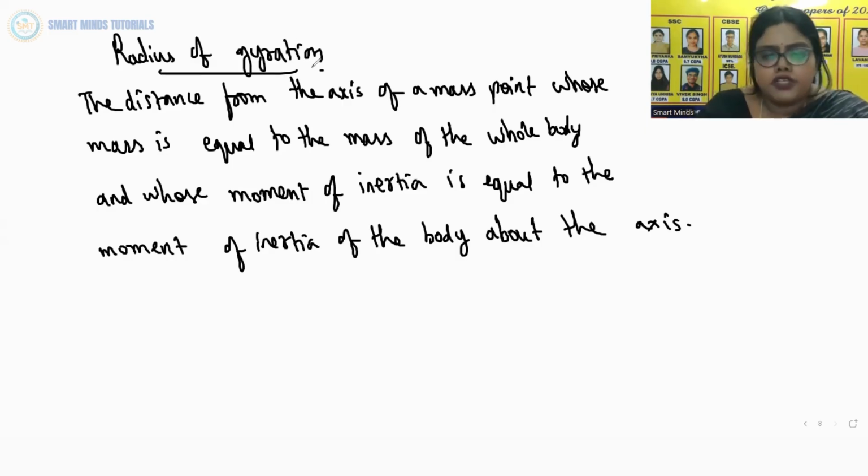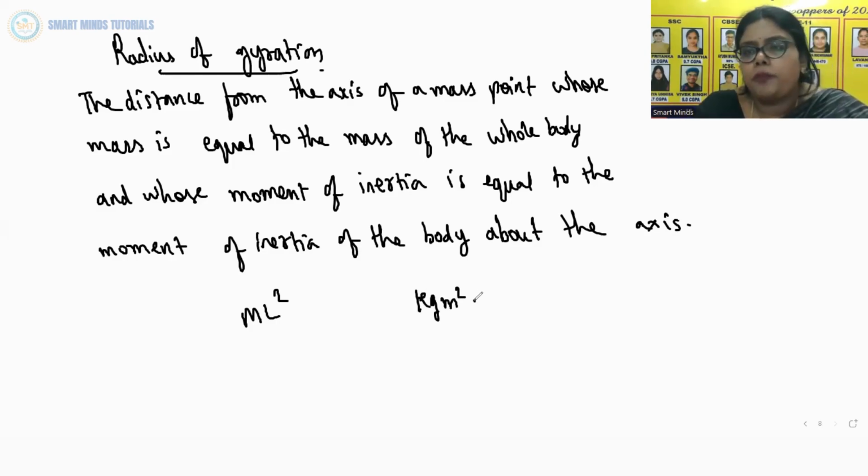So the moment of inertia of a rigid body depends on the mass of the body, its shape and size, the distribution of mass about the axis of rotation, and the position and orientation of the axis of rotation. From the definition, we can infer that the dimensions of moment of inertia are ML square and the SI unit is kg meter square. So this extremely important quantity, moment of inertia, as a measure of rotational inertia of the body, has been put to great practical use.